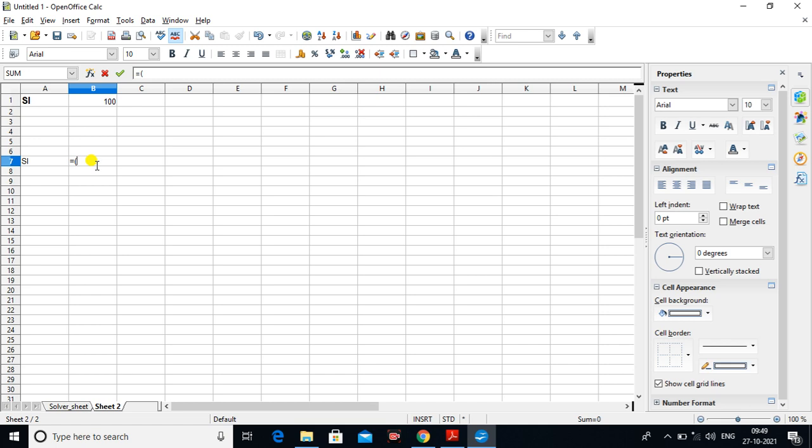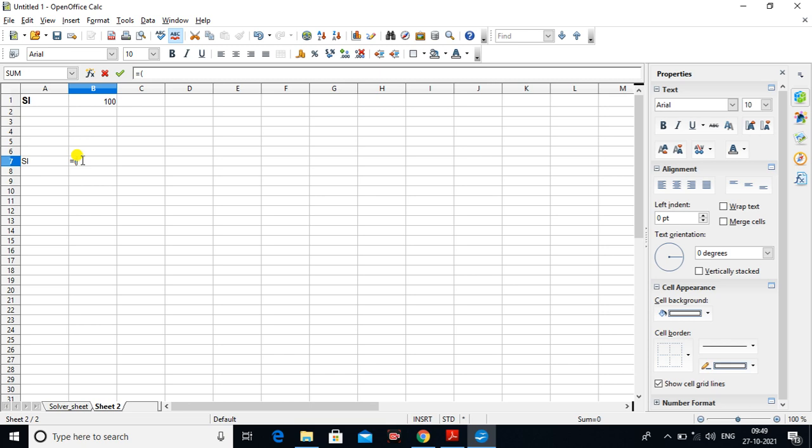That is the solver sheet. When using the mouse, you click and it is automatically reflected in the formula bar, but here you have to type the name of the sheet, and make sure there is no space in the sheet name.